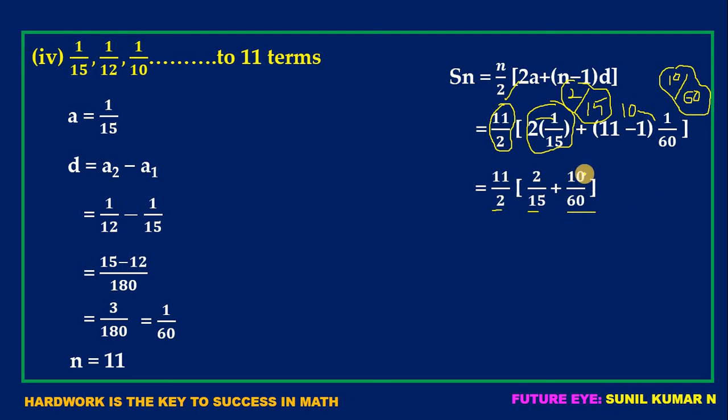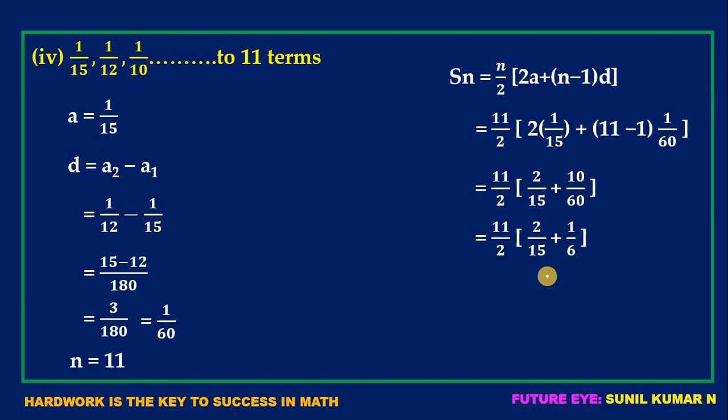And one more thing here, you can again cancel, children. See, 10 ones and 10 6s. This also you can do just like this. Now you know how to remove the bracket. You want to solve this. So solve it. 15 6s are how much? 90. And do the cross multiplication. 2 6s are how much? 12. And 15 ones are 15. 12 plus 15 is 27, you will get.